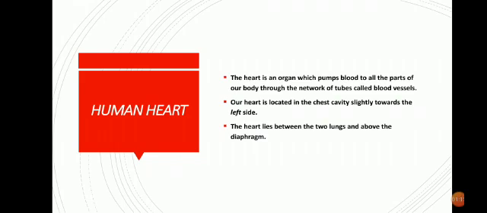As I said, what are the parts of the human circulatory system? The human circulatory system basically consists of the human heart, blood and blood vessels. These blood vessels are the roads in our body through which the blood travels. There are basically three types of blood vessels: arteries, veins and capillaries. Regarding arteries, veins and capillaries, we will be discussing later.